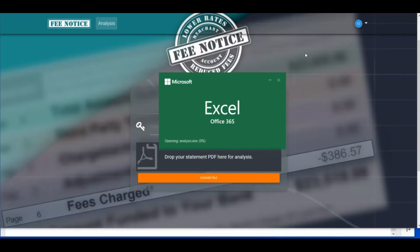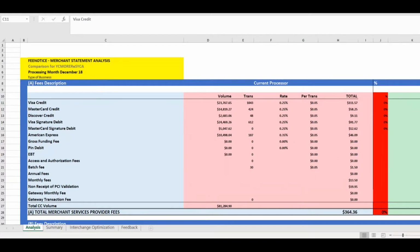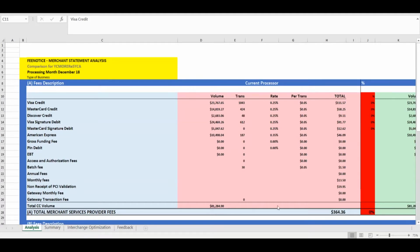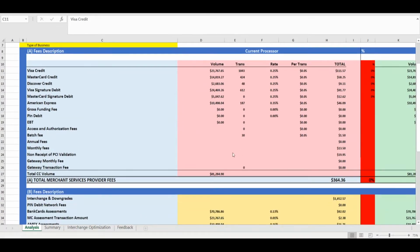And open up the Excel on your computer. Okay, here you go. It's going to take everything on that initial statement and break it up and show it in a very easy to read statement. You can see it's going to break up all the different charges. It's going to show the total merchant service provider fees,